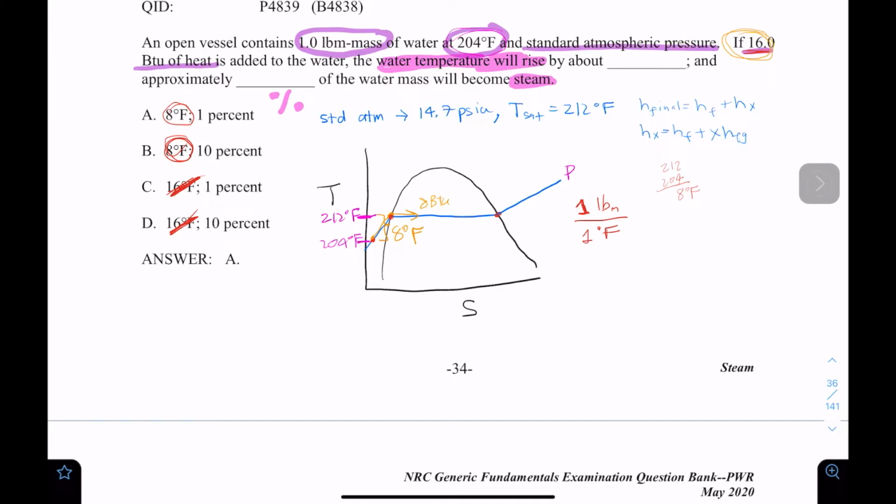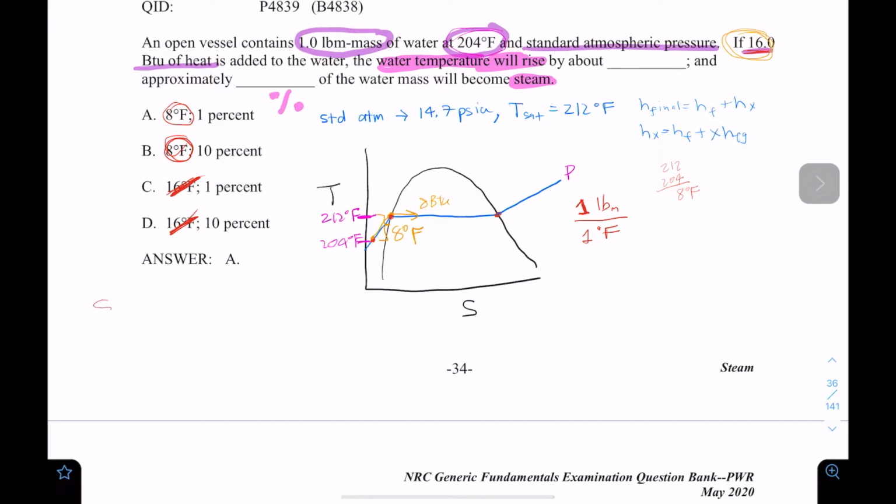So if I go to my steam table at 14.7 psia, let me see the page. Okay, if we go to page 11 from our steam tables,